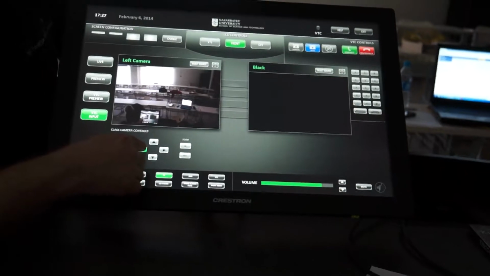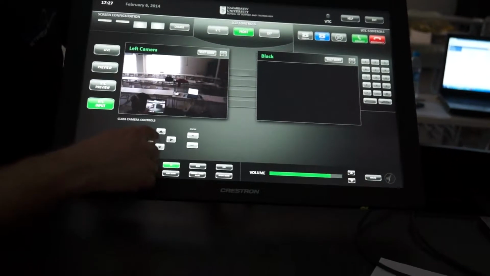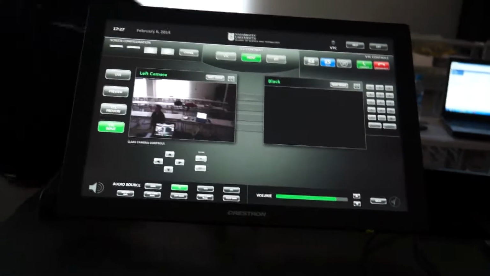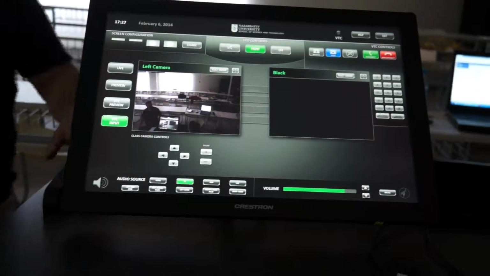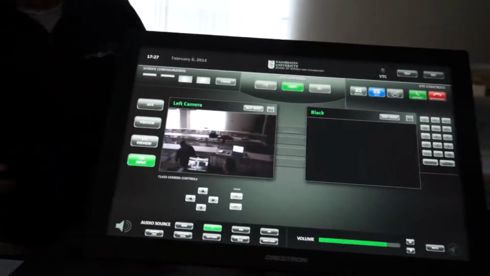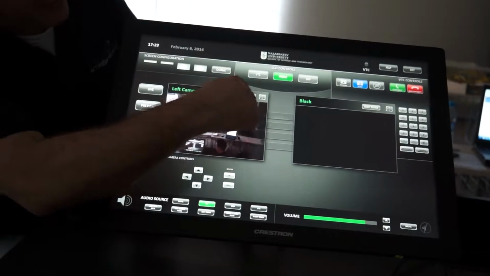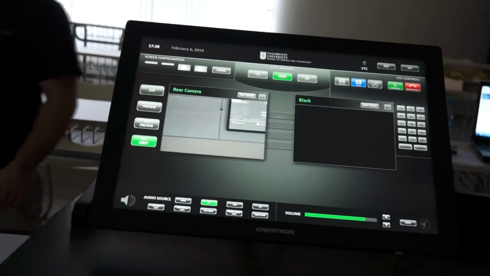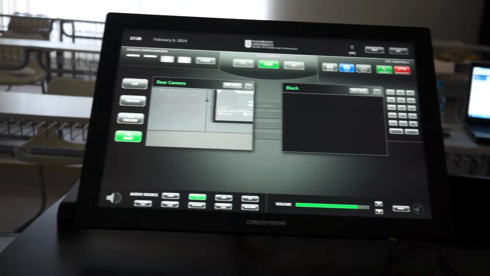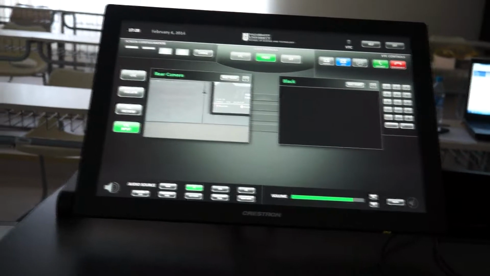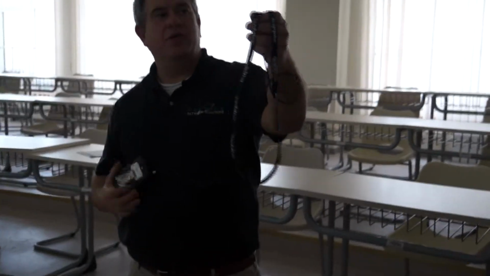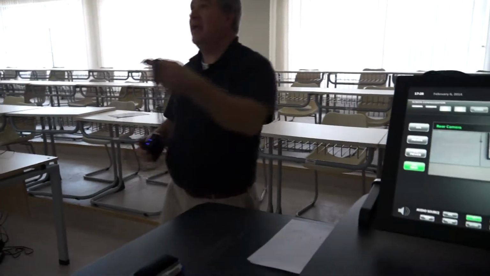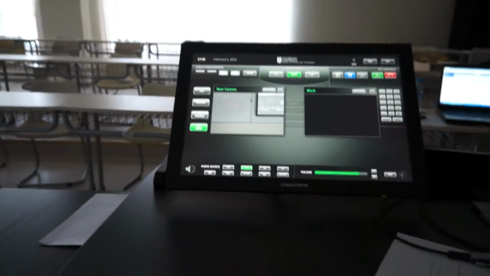And notice when you see that camera on a window, you have the ability to pan or tilt or zoom in or zoom out of that camera. We also have the ability to choose an auto-tracking camera, which is in the back of the room designed to track the presenter. And the way the auto-tracking camera works is it follows this lanyard, which has a set of LEDs in it. So when I turn this on, and the camera right now is in a standby mode,